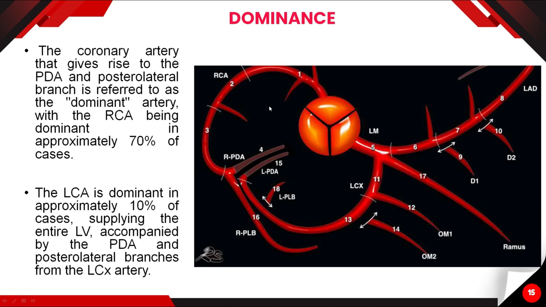Coming on to dominance of the heart. The dominance of the heart can be defined by the vessel which gives rise to the posterior descending artery. 80 to 85% of individuals have right dominance. It is defined as when the PDA is supplied by the right coronary artery, then it is called right dominance, and